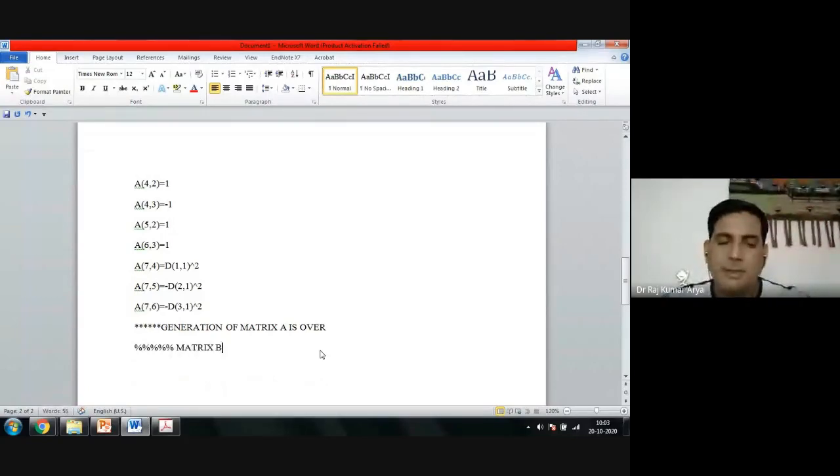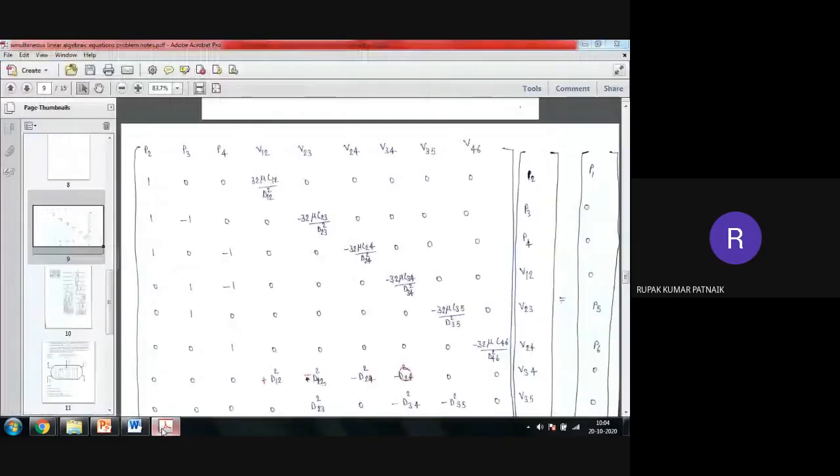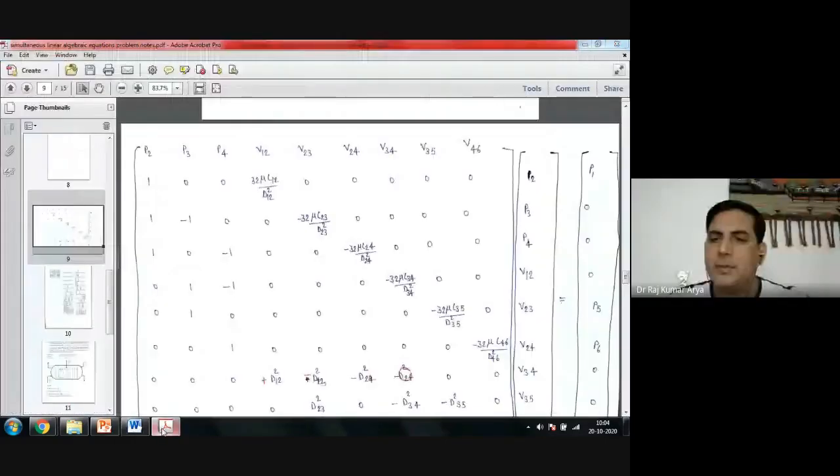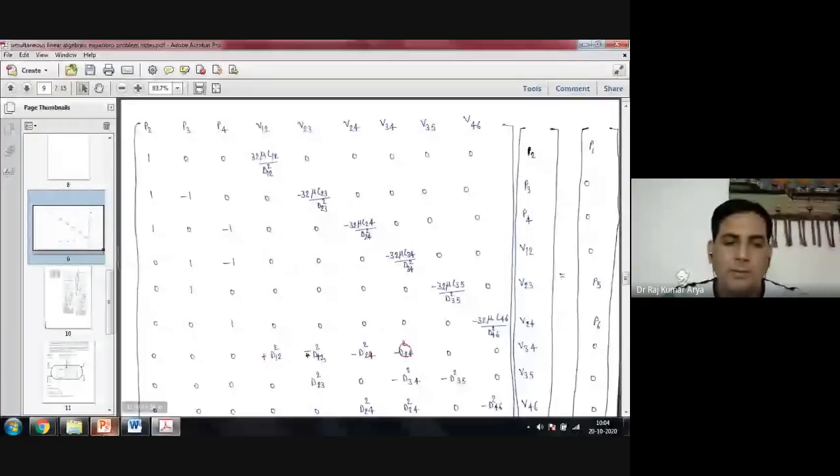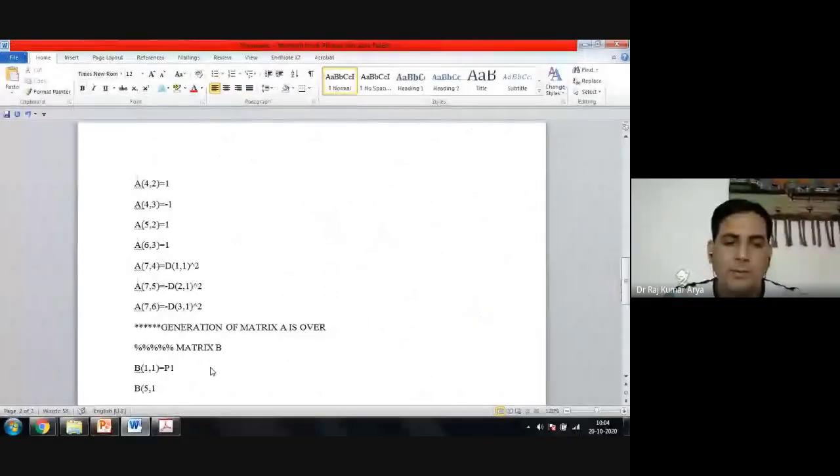Now you are starting matrix B. So you are generating a B matrix. You can see from there, you have B11, which is practically your P1 only. P11 is B11. The B matrix has just the first term. This is your fifth one, B51, which is equal to P5.